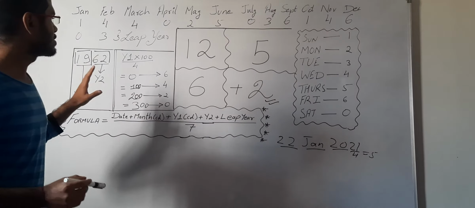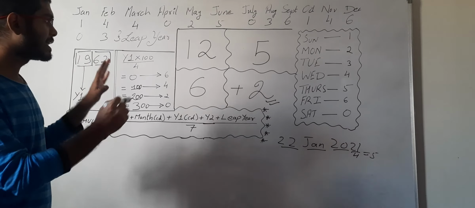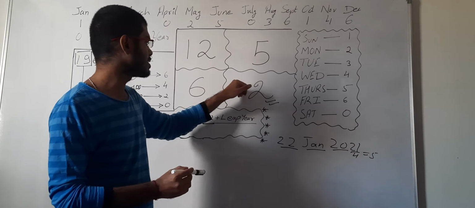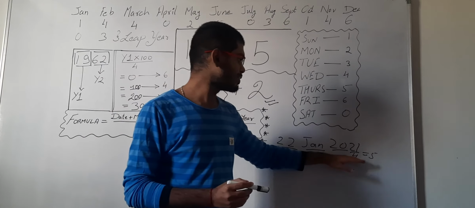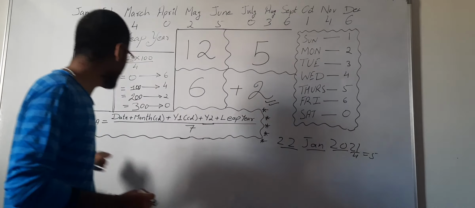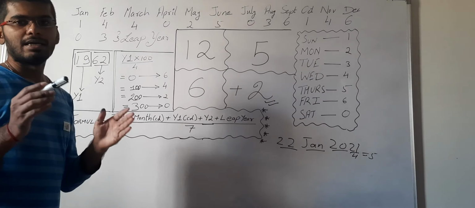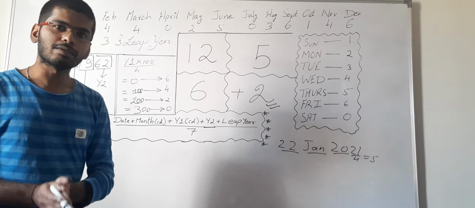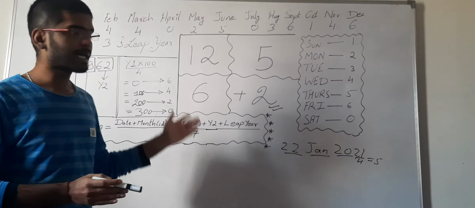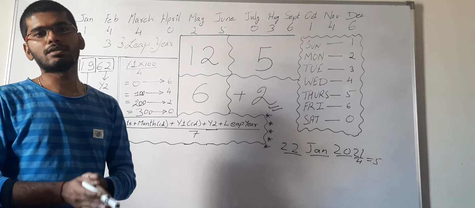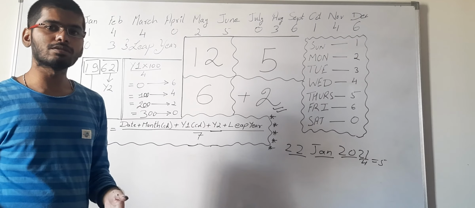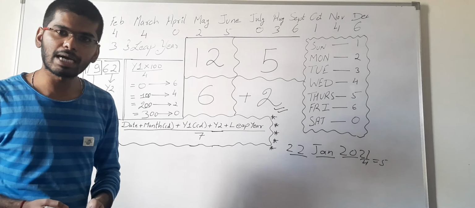Now this was the way to remember this entire concept, by remembering just these 1, 2, 5, 6 and 2, and then the question given to you, that is this entire date, to remember this formula. Stay tuned guys, do watch out for my next video. I'll solve this entire concept with an example, and then it will be easier for you to grasp the concept more easily.